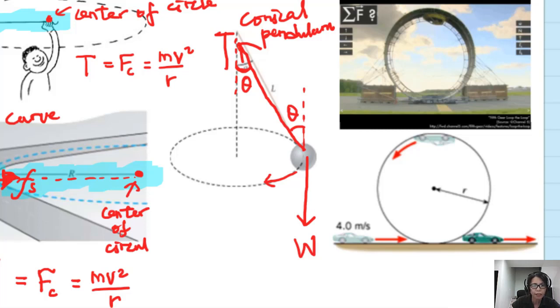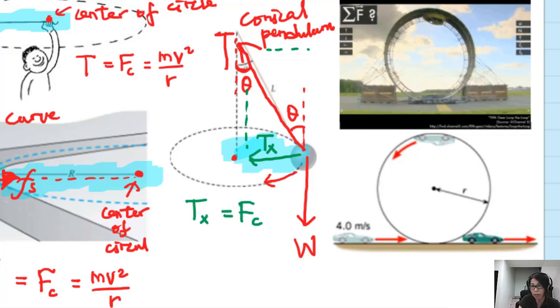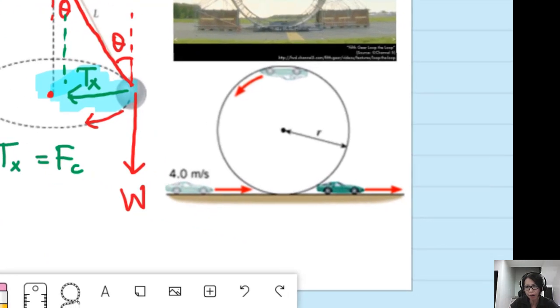When we resolve the tension, we find that the horizontal component of the tension is pointing towards the center of the circle. So the horizontal component of the tension, Tx, will be our centripetal force for this situation. Okay, same goes for this one, if we have a car that rounds the